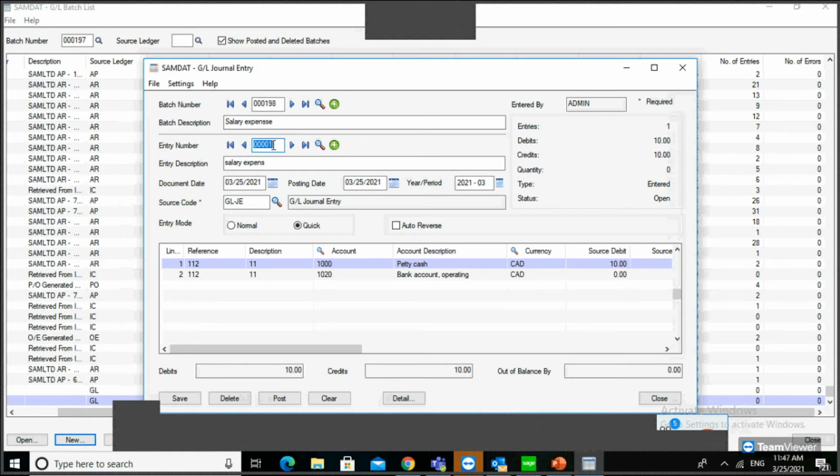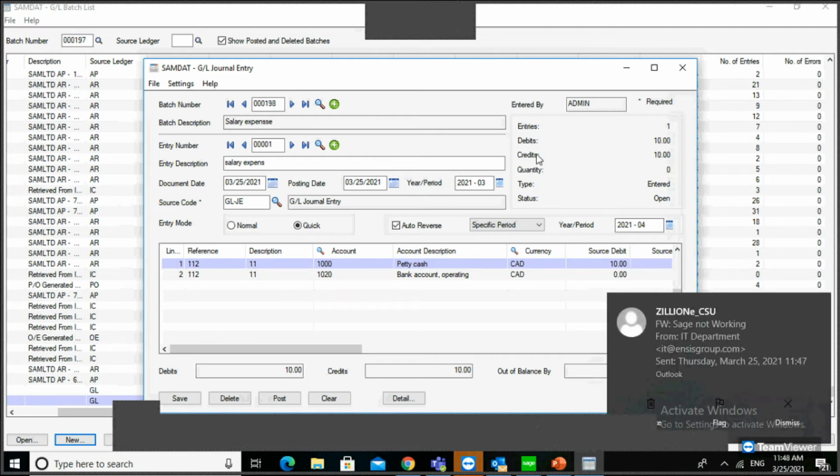Let's see, then you can see here the first entry I already entered will display. Here you have the auto reverse option. If you tick this option, it will reverse. If you are processing the revaluation only, sometimes you are using the temporary method. What we need to do is reverse it in the next period. When you want to specify that this entry needs to be reversed in another period, you can specify the period in which you want to reverse this transaction.